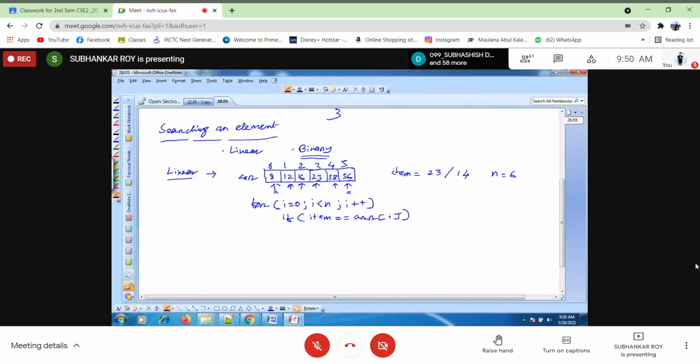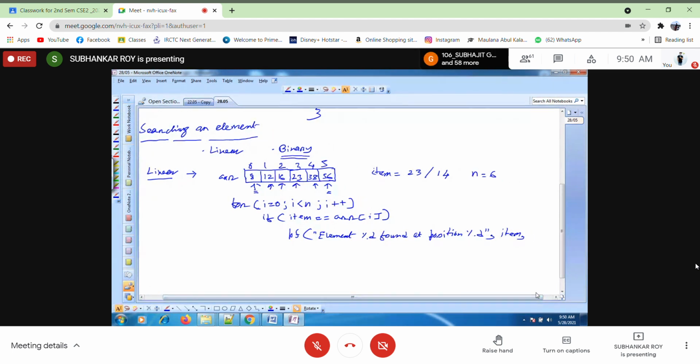Then if it is equal, printf element %d found, you can display it as a position, at position %d, with item and i plus 1.